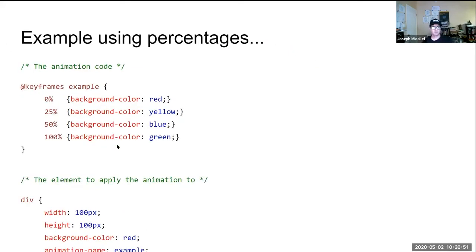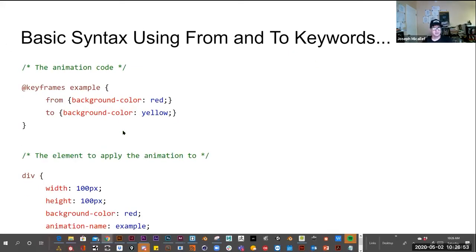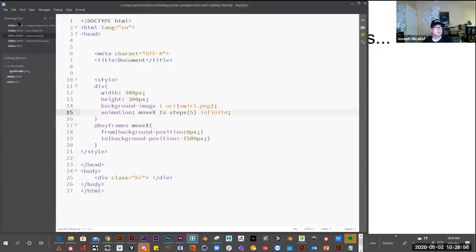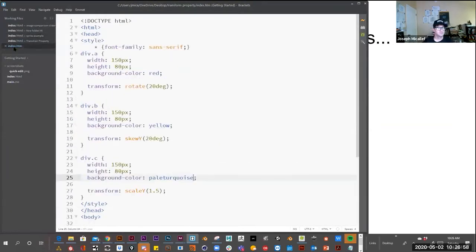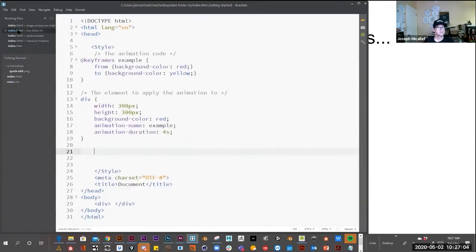So here's an example of changing color. So let me show you this example. So in this example, instead of changing position, for the from and to, we're changing the background color. And it's being applied to example, so that's where it's being bound to. So that name appears here. So if you play this one,